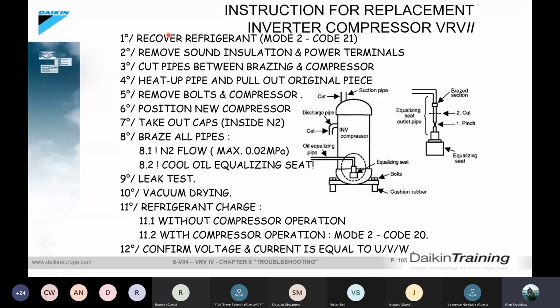So basically, recovery of refrigerant is a very, very important thing, and I'm going to cover it again in the last session. We're just going to go through it quickly. One of the things that you'll then do is remove the sound insulation and power terminals from the compressor, cut the pipes